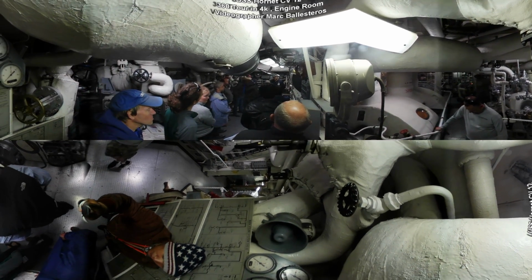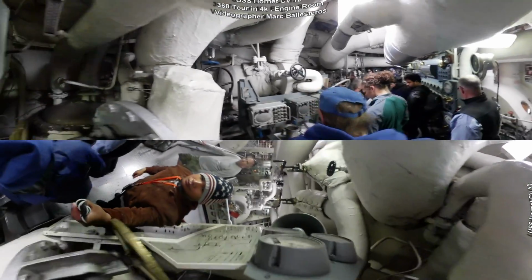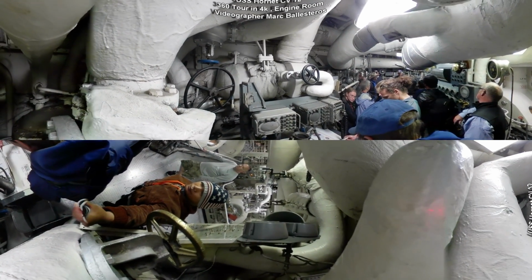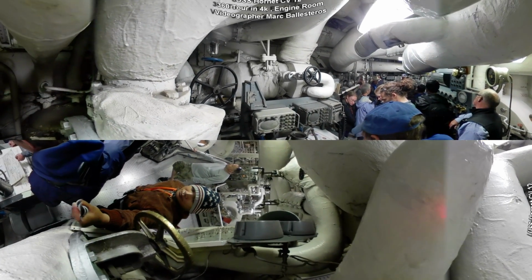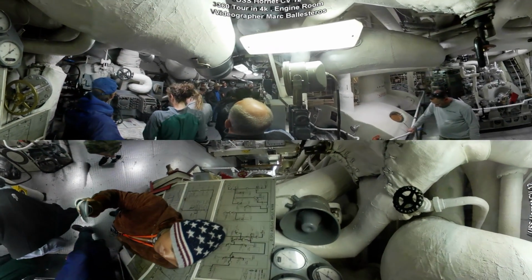By the way, the little desk or table where you are right there, that would be where the engineering officer of the watch would have been. And it would have taken a total crew of about 9 people underway to be able to operate this engine room, both engines. Okay, and there is a level below us too. There would have been a couple people down there in addition to the 7 that